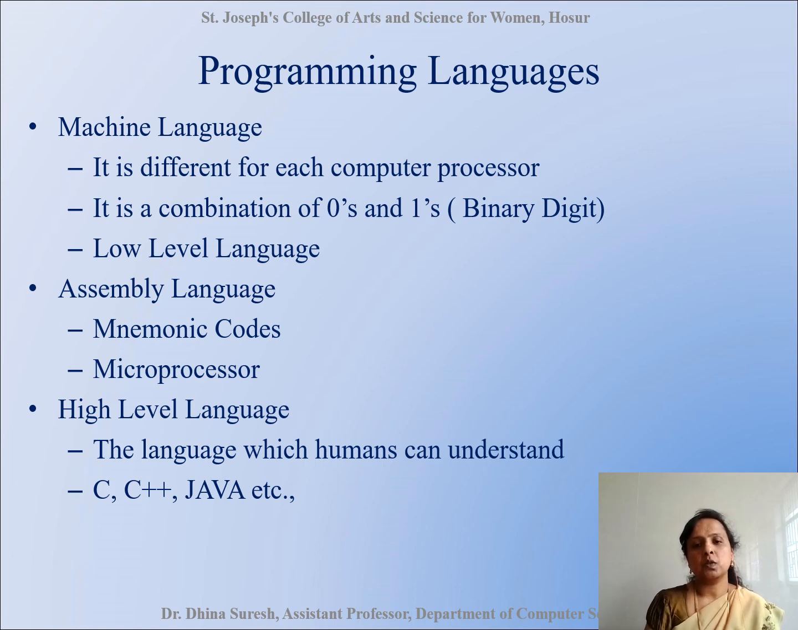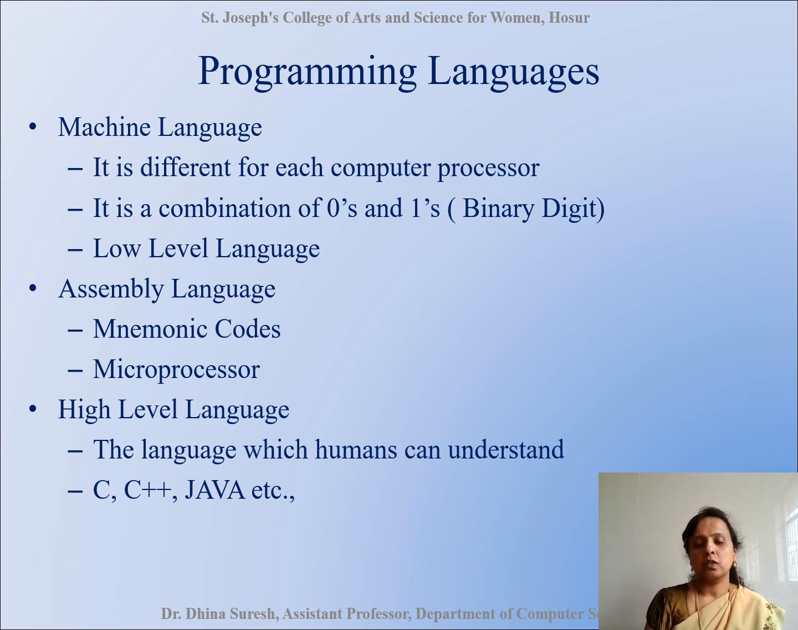The machine language is also called a low-level language, and only the machines, the computers, can understand this type of language. It is a combination of zeros and ones, and these zeros and ones are called binary digits because there are two digits. The second is the assembly language. It contains mnemonic codes. And the third is a high-level language, which humans can understand, such as C, C++,